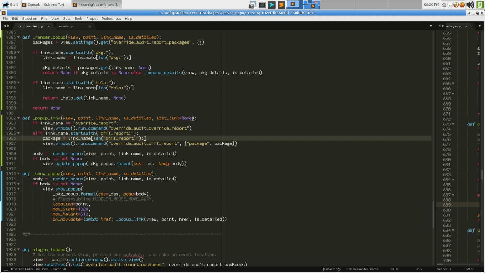Just thinking anywhere where this is called, it would be passed to render popup. Show popup calls it with none. This calls it here. It just updates the popup. There's no way to do that. It would have to stash it in a global. So we're not going to worry about